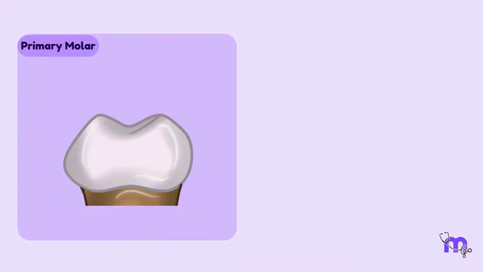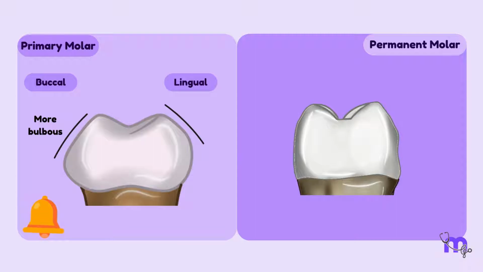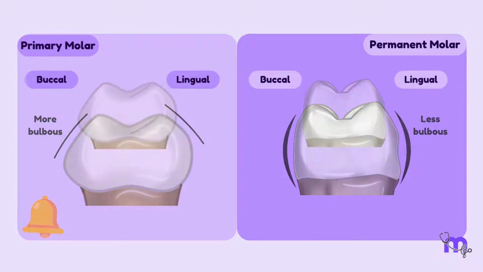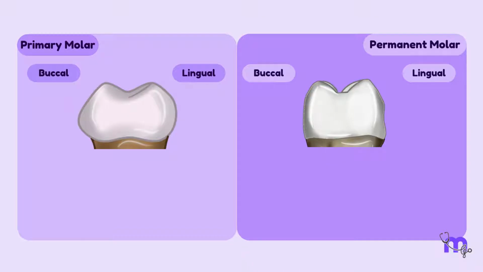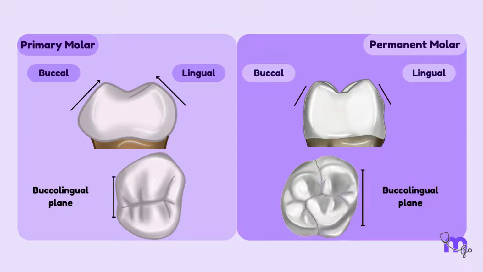Crowns of the primary molars were more bulbous, with flat buccal and lingual, resembling a bell. On the other hand, the permanent teeth were less bulbous with rounded buccal and lingual surfaces. Apart from this, the convergence in the buccal and lingual walls of the molars narrowed down the occlusal table in primary molars in a buccolingual plane, while the permanent molars had a broader occlusal table due to a lack of